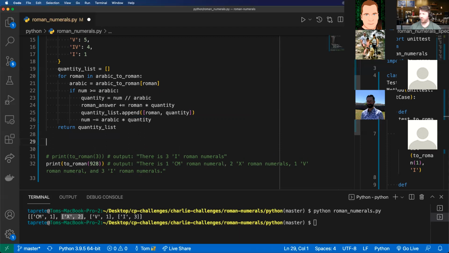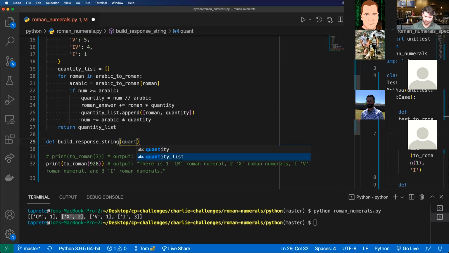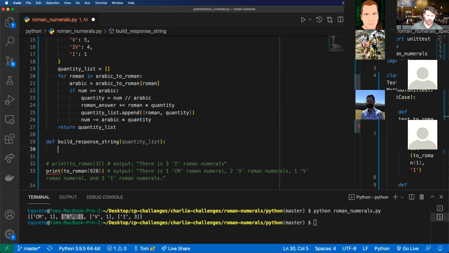Again, single responsibility of code. Let's write another function, def build_response_string, that takes in the quantity list. Could be the quantity list array or whatever. Just call it quantity list, just keep things similar. And in here, we can loop through that quantity list for,